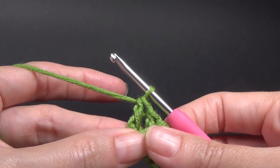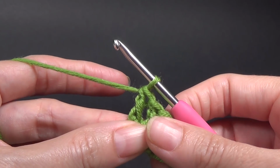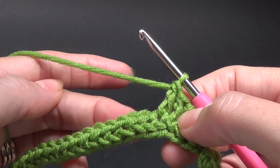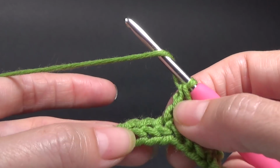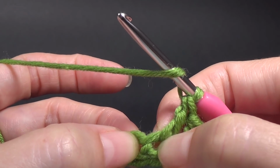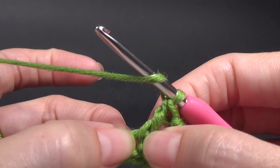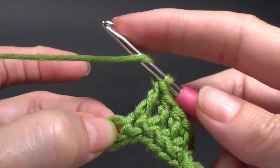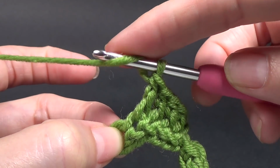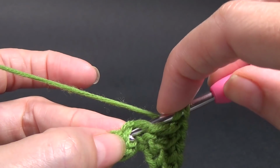The next part of the pattern, we do 1 back post double crochet around the next 4 stitches. So now instead of working from the front of our work, we're going to work around the back. So yarning over for our double crochet around the next stitch. So we've done this one because it's coming out. Next one is here. We're going to work around the back, and you've still got that right and left hole there, but this time we're going to go from the back of the work. So just hold that loop on so it stays around the back, and then into that left hole around the front of that stitch,